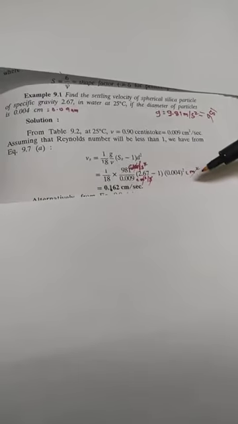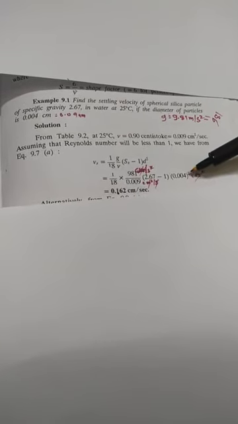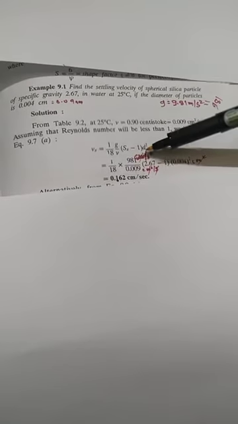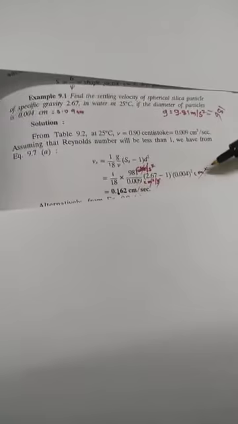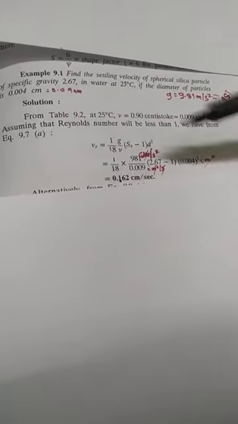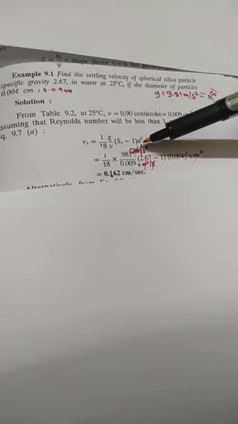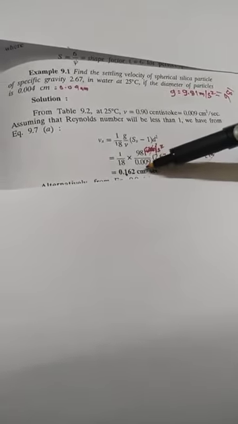Diameter is how much? Diameter is 0.004 centimeter. Okay, now we are going to solve it. It is in terms of centimeter per second square. Here it is in terms of centimeter square per second, and here it will become centimeter square. So centimeter square gets cancelled. Here 1 second is going to get cancelled. So what is the unit that is going to remain? That is centimeter per second. So if we calculate it together, what is the answer we are going to get? We are going to get 0.162 centimeter per second.